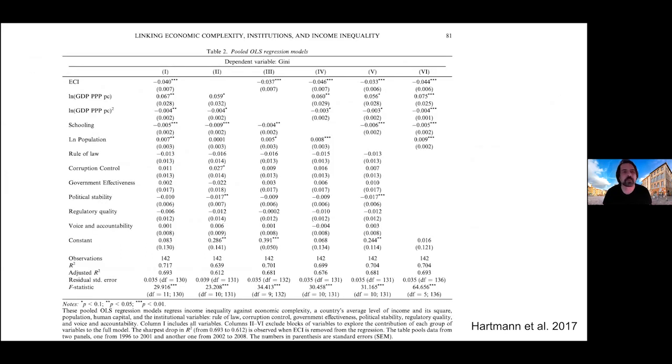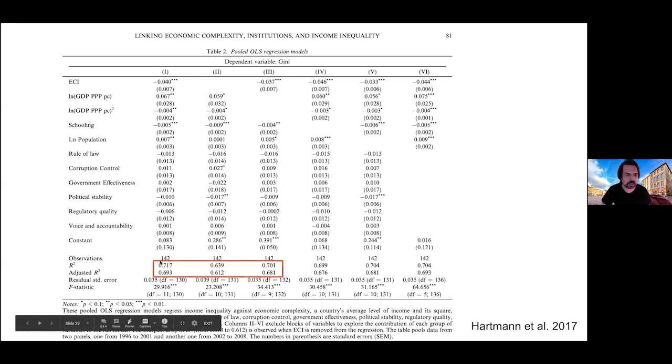So we created a pooled OLS model that looks at the Gini of countries as a function of the Kuznets curve, schooling, population, a lot of variables, and the economic complexity index. And what we find is that there is a very robust relationship across countries in which higher levels of economic complexity are correlated with lower levels of income inequality, controlling for a large number of factors. Also worth noting that it explains a lot of the variance. So if you look at the relationship down here, when you have ECI, you're explaining around 72% of the variance. And when you remove that variable, you go down to around 64.